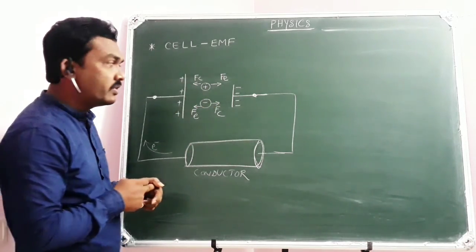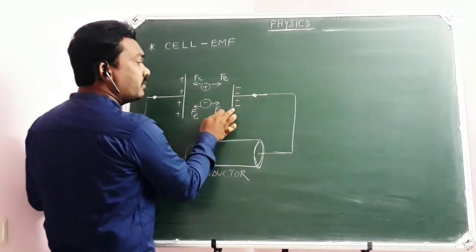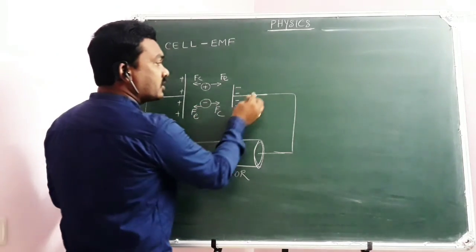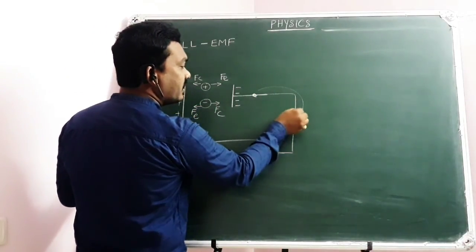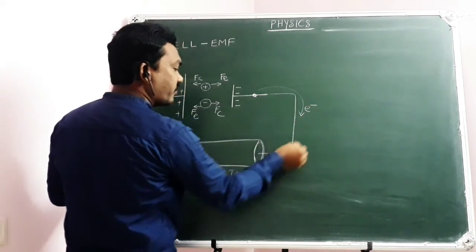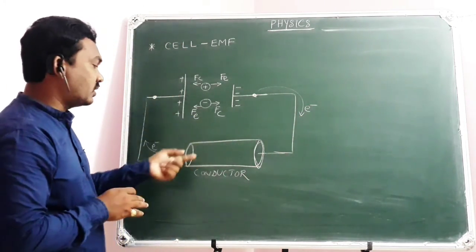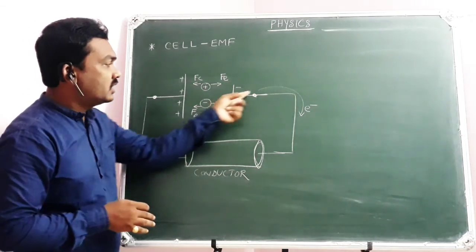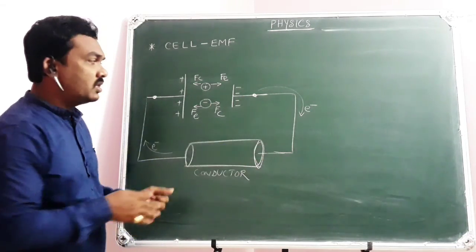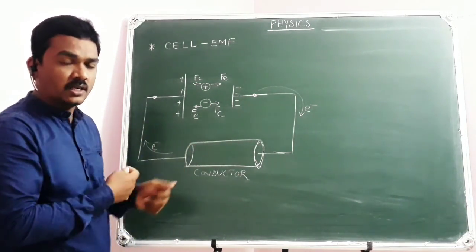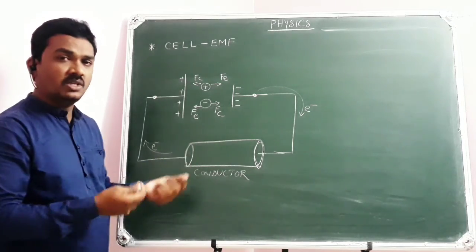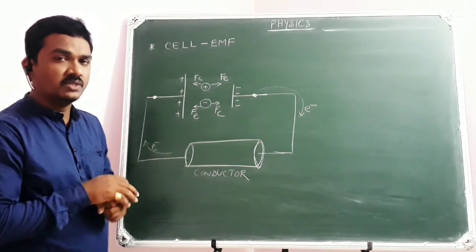Hope you got clarity. But this negative ion will be moving to this. But because of excess concentration, again an electron will be given to the conductor. Of course, ultimately your conductor will be neutral because whatever the electron it is donating here, it will gain back here. So in that way, there will be continuous flow of electrons which causes current through the conductor. This is all you have learned.